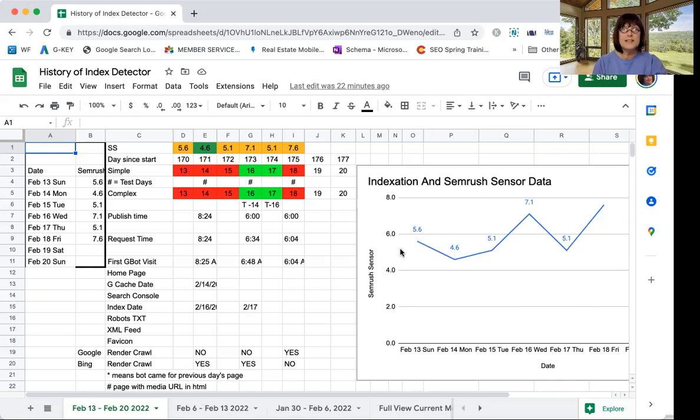All right, as far as today is concerned, Google again is just pretty much pulling more robots text files and sitemaps. I've seen very few render crawls. I will tell you about one. I did see something unusual, and this was in a Google News site. Normally, the bot that comes to Google News sites is called Feed Fetcher. Doesn't that sound cute? But today it was just a regular Googlebot, which I haven't seen. I haven't seen a lot of that, if at all. But I noticed it today,